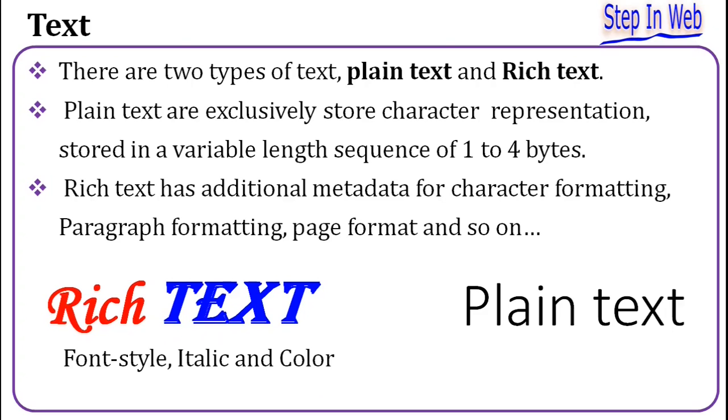If you write the same hello word in Microsoft Word and save it, it will occupy around 20 KB. So you can see this difference, around 20 times more space, because it has to store more data for formatting that file. At the bottom, one image is given. One is a rich text format and another is a plain text format. In the rich text format, the text is shown in red, bold, underlined, and italic. Whatever pattern we want, we can do.